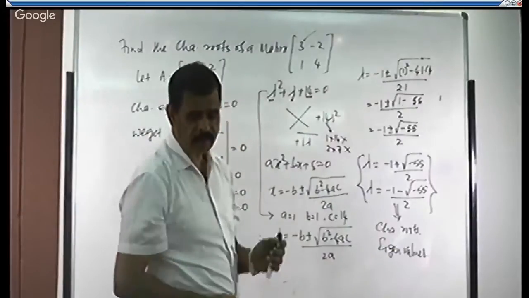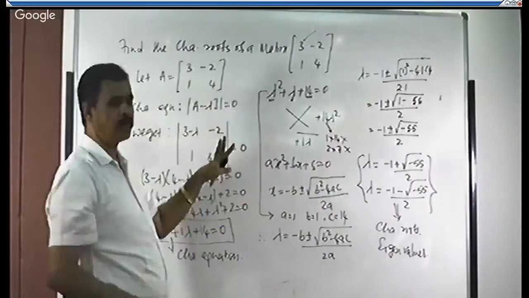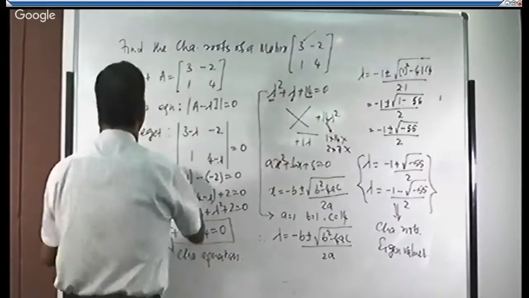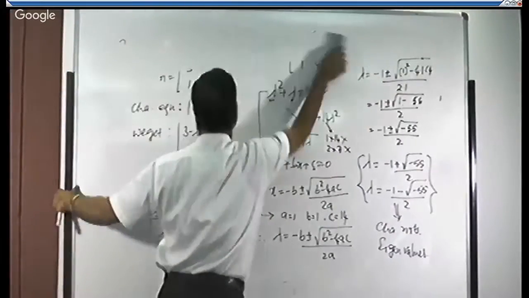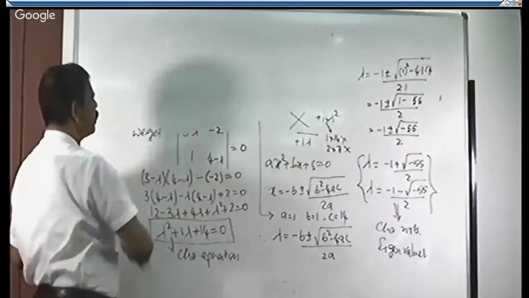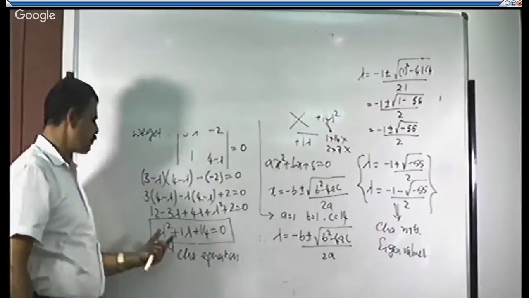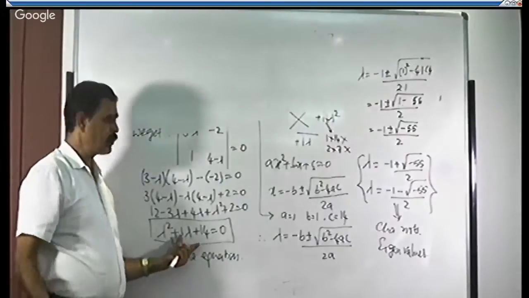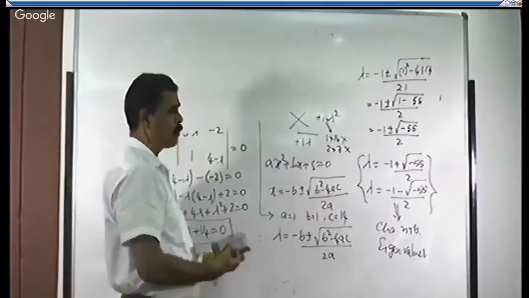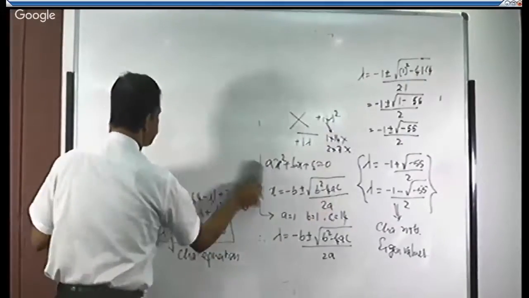This is the procedure we need to follow to get the characteristic equation. If they ask only for getting the characteristic equation, you stop here. If they ask to get the characteristic roots, you go further. Okay. Next part is